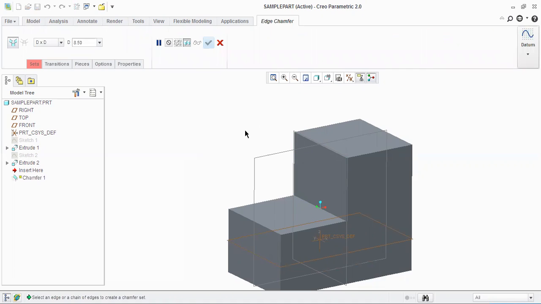After clicking on that edge chamfer, this window will open, and from here there are four different types of chamfers. First one is d by d. So d by d is nothing but distance into distance. So if we provide some distance here, suppose it is 15 mm, and just by clicking on that sharp edge,